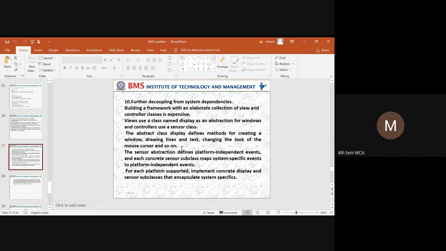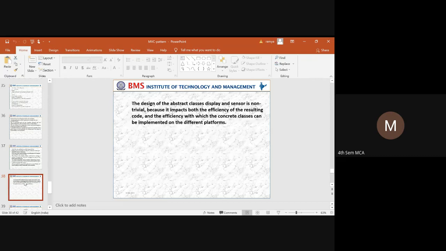And the next thing is we have created a sensor abstraction. So when we have taken a sensor abstraction, it has to define what type of platform, whether the controllers are platform dependent or platform independent. So whenever we are trying to fetch some events, how can the events be executed without any delay, and in what way has that to be executed. So it has to be purely platform independent, and it has to support whatever the requested displays are. Those requested displays have to be carried out by the system.